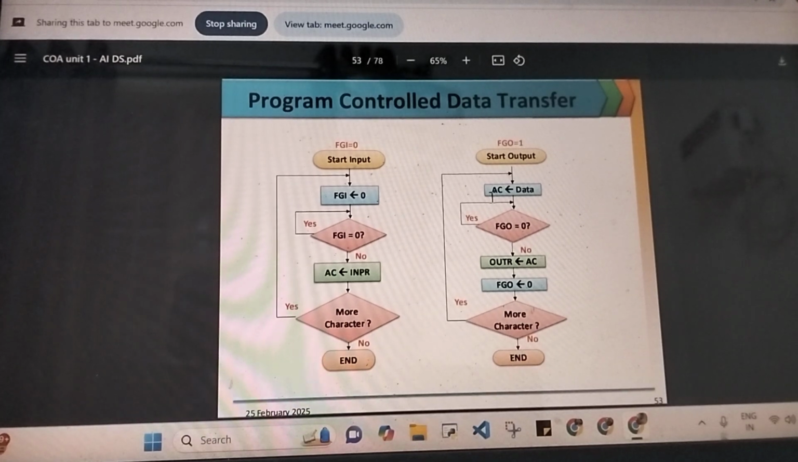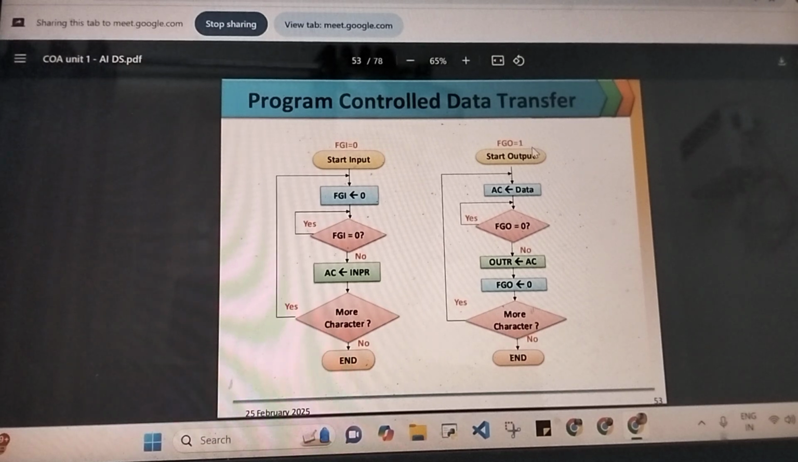Something very similar is the process for output. You have FGO, flag output, and you have OUTR, which is the output register. So again, if the FGO is set to 1, it means we are going to be displaying output. If FGO is set to 0, it means the system is not doing output related activities right now. It's either taking input or processing, but not doing output. So initially we start with FGO equals 1. Whatever is in the data register, we take it to the accumulator,